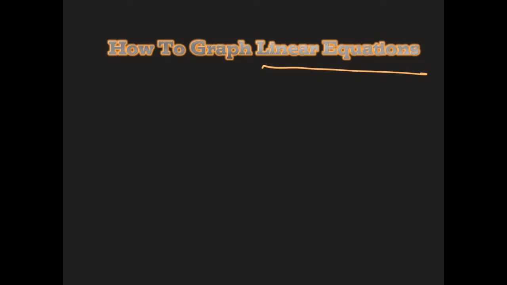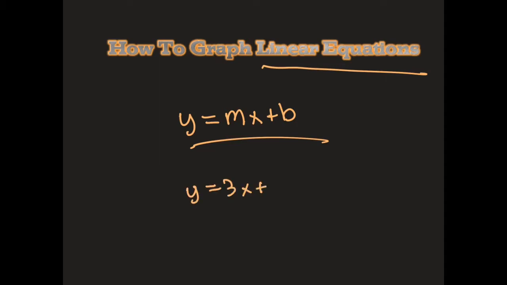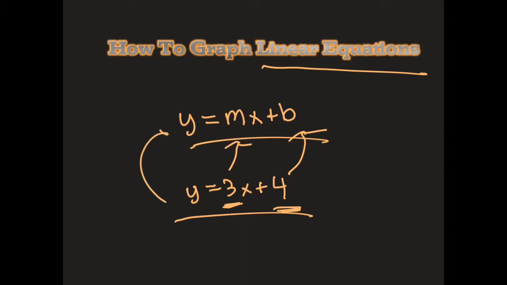So when you're asked to graph a line on a graph using an equation, that equation is going to be in the y equals mx plus b format. And you'll be able to use this format to actually graph your line. So let's say a question gave you something like graph the equation y equals 3x plus 4. You'd be able to use your knowledge that this 3 right here is equal to the m letter, and this 4 right here is equal to the b letter, because this equation is in this format.